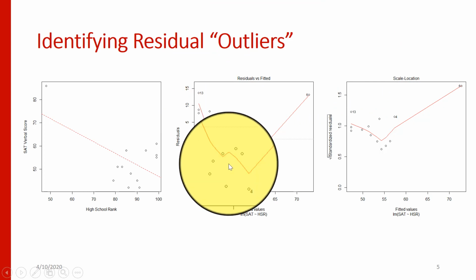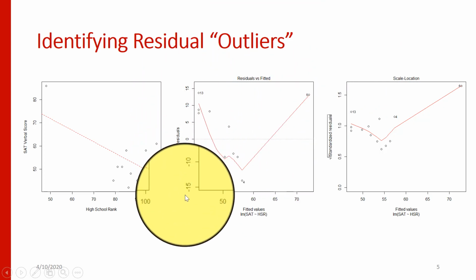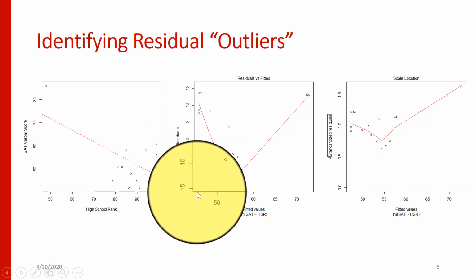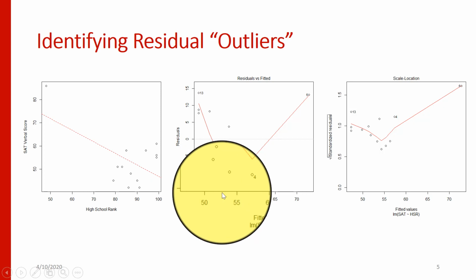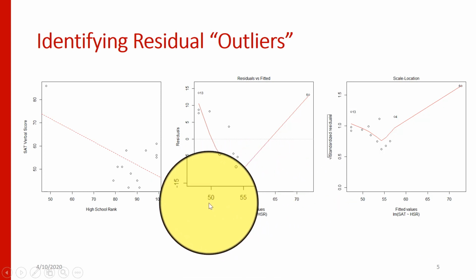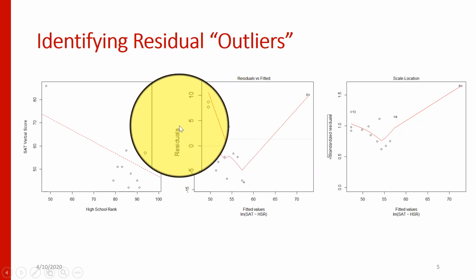And you can see this kind of V shape that we get here. On the y-axis, we're looking at the residuals. Notice that these are the raw residuals, so these are signed values. And on the x-axis, we're showing this as a function of the fitted values, which is what our model predicts. So these are the predicted SAT scores on the x-axis, and this is how far off we were on the